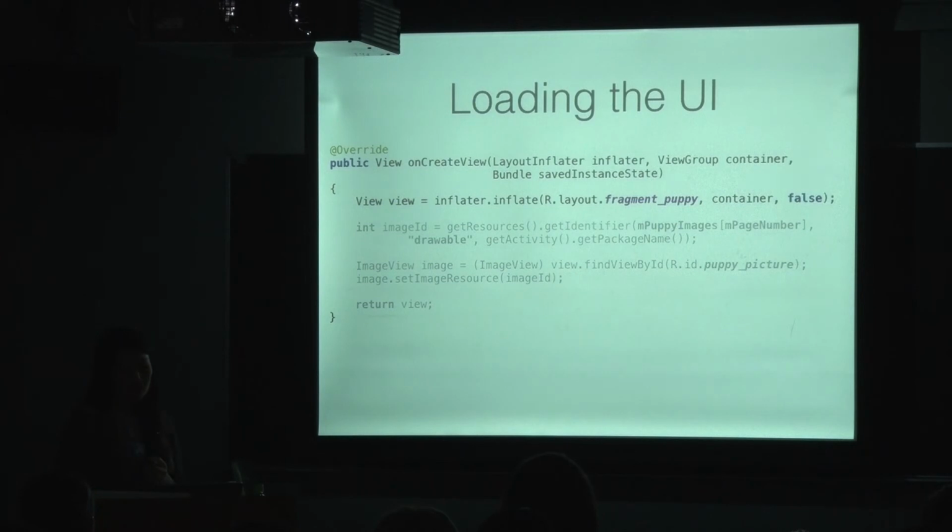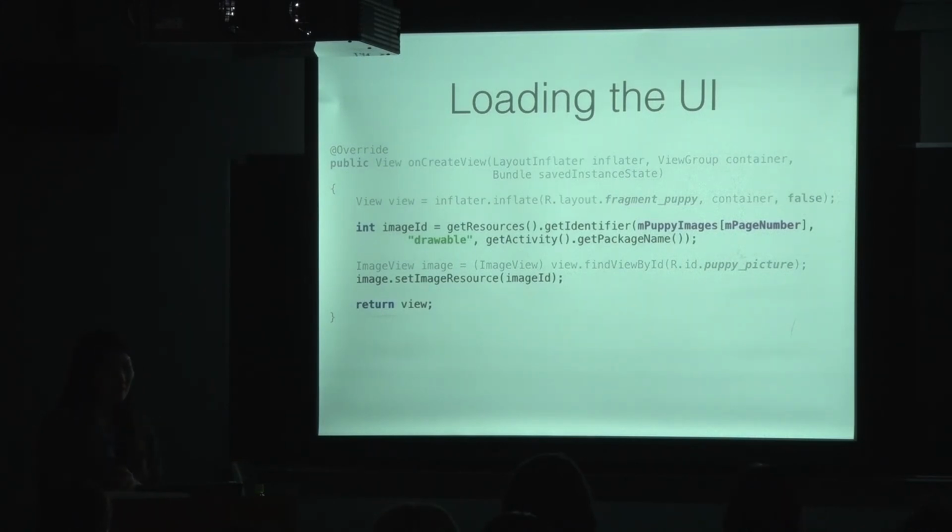So now when the onCreateView callback is invoked, we have our data ready to load. If you choose to delay getting your initialization data, you'll need to set your views later as well, for obvious reasons. First, we must inflate our fragment's layout by passing the ID of the layout we wish to inflate and our parent view group container. The last parameter, like I mentioned earlier, is used to attach the view to the parent root. So we want to pass false here.